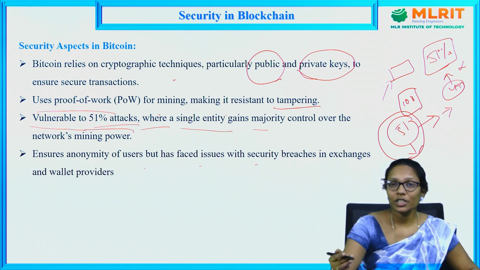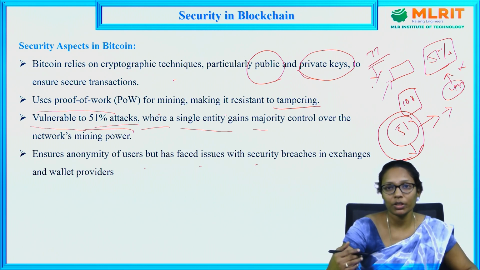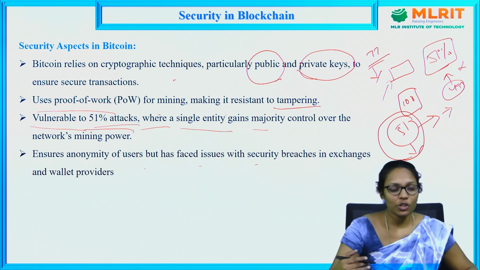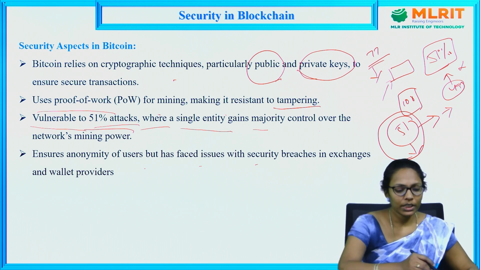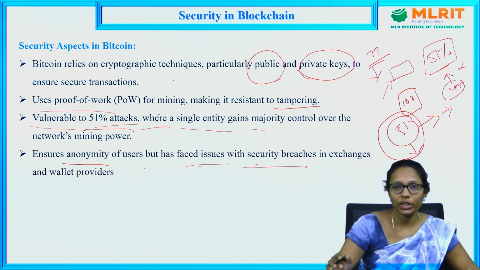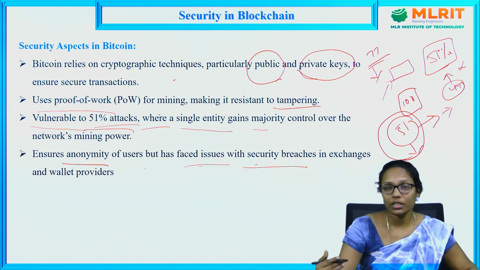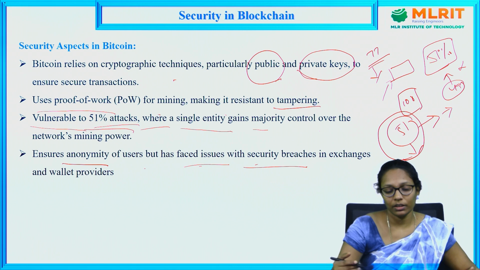For example, in GPay, if I enter a phone number, I immediately see the identity of the person, meaning the account name. But it's not like that in cryptocurrency. Whenever you enter a public address, it will not show the user details: what the username is, where the user belongs to, or what the IP of the user is. We can't estimate any of these things, so the users are very anonymous. But still, we face some issues with security breaches. As we are using digital wallets and digital cryptocurrency, there is a chance of security breaches. Of course, we have case studies where security breaches have occurred.